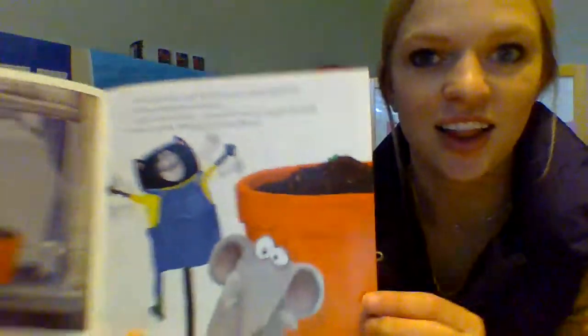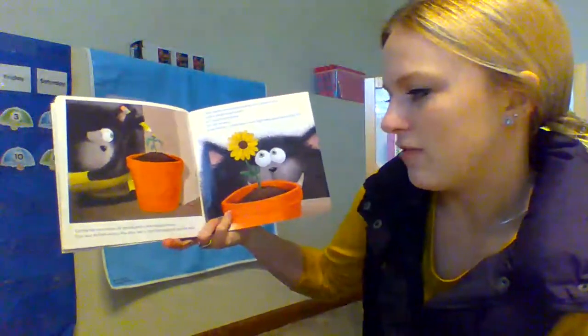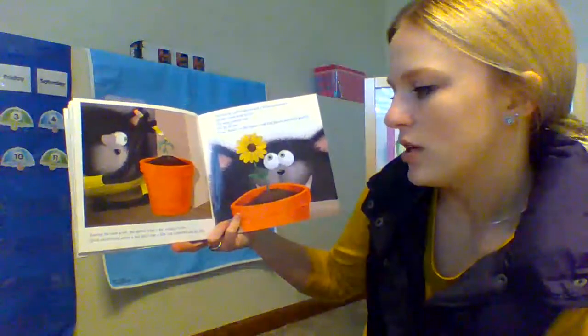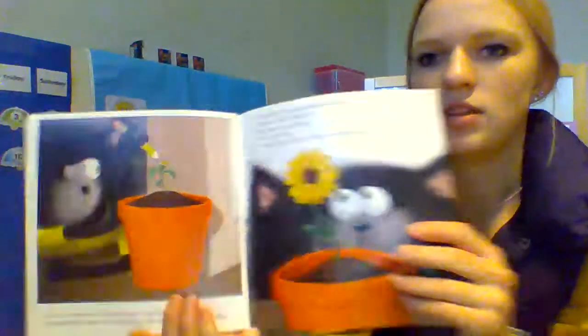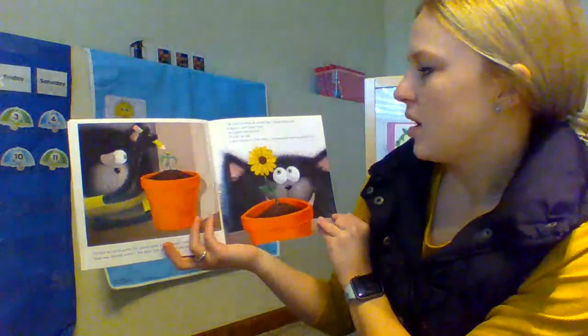See it right there? A little tiny green sprout. During the next week, the sprout grew and finally sprouted some leaves. Splat was thrilled when a few days later a little bud appeared at the top of the stem. What do you think that bud is? A flower. The next day, the bud opened up and